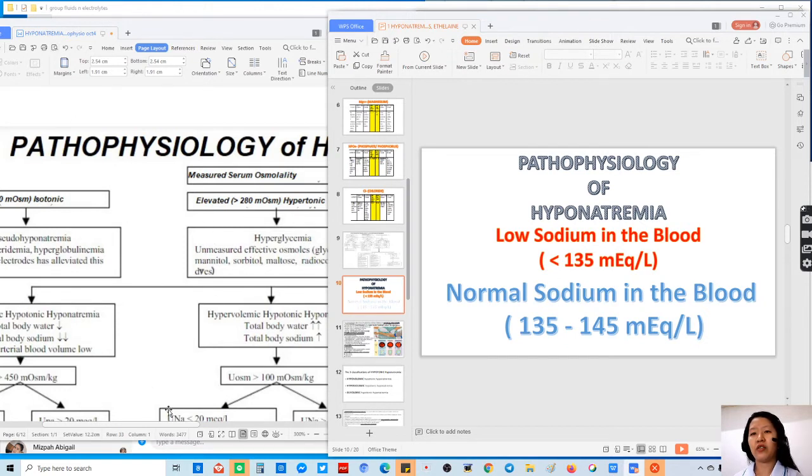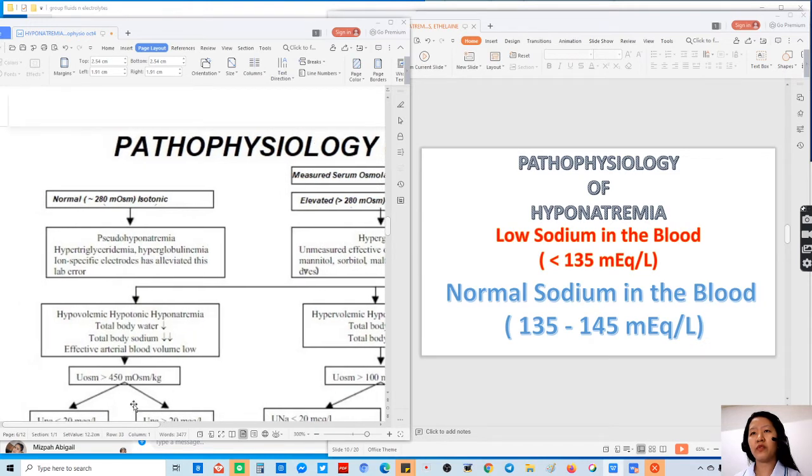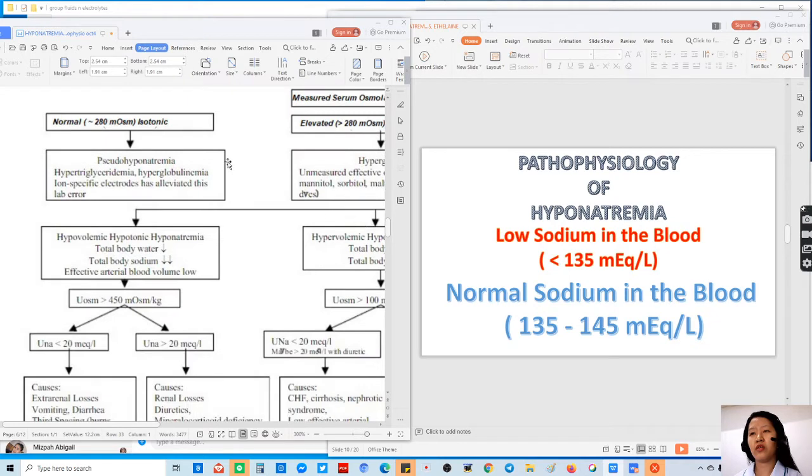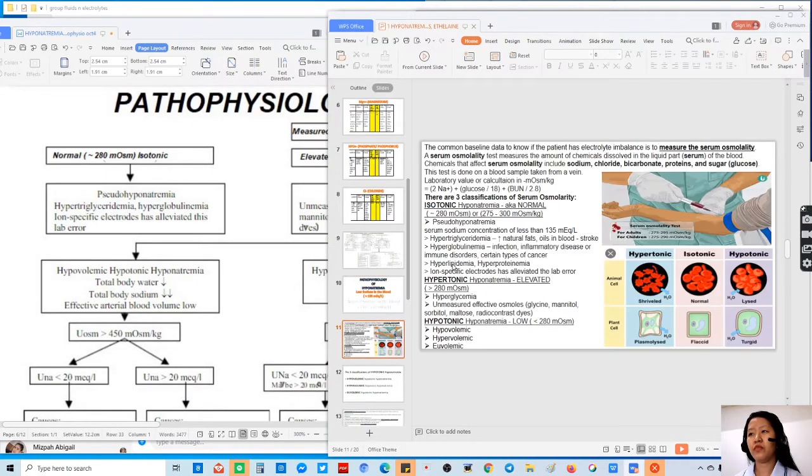So to start with, the diagram, the common